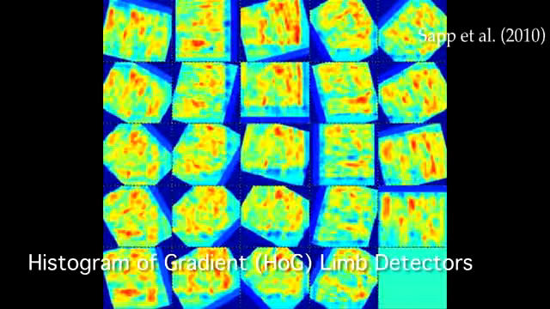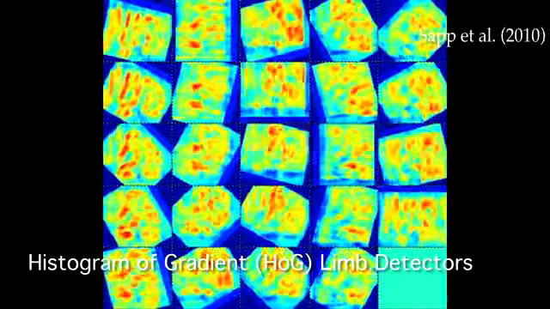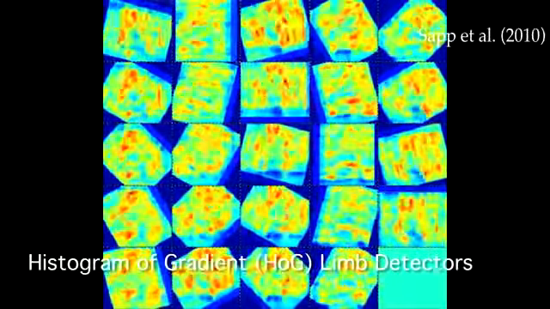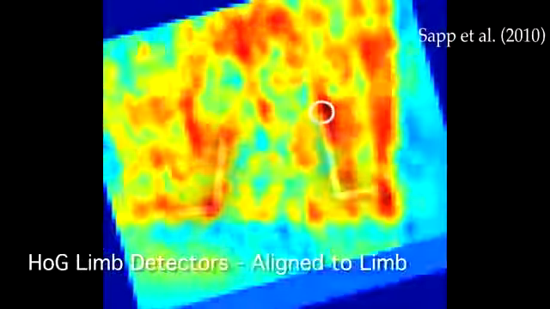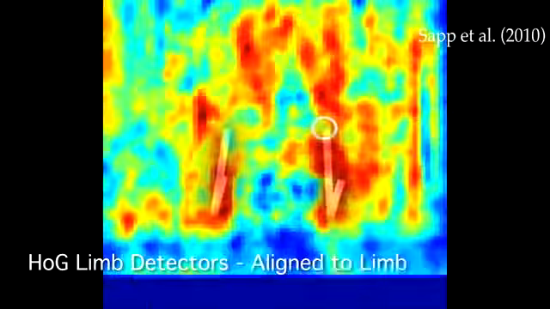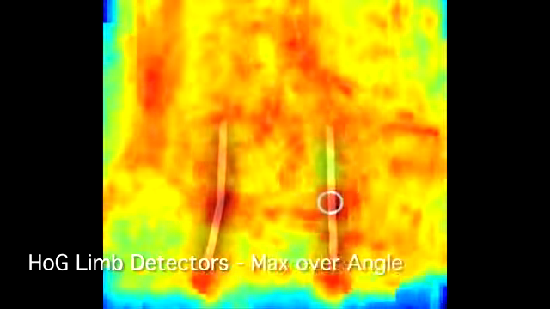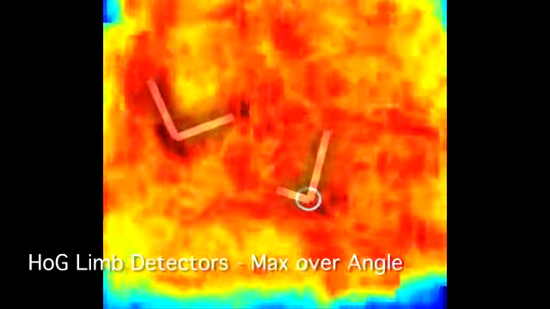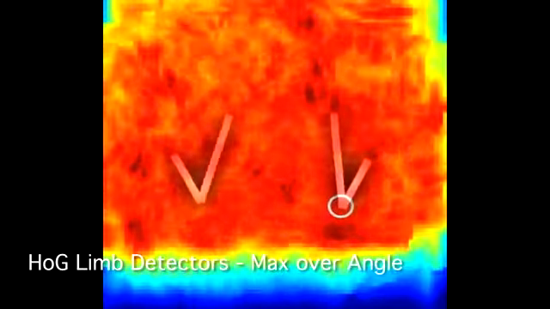These provide scores for 24 different angles at each location in the image. For any pairwise shoulder-elbow or elbow-wrist pair, we compute the score of the closest of the 24 discretized angles. We also use these as unary features by taking the maximum score over all angles at each position. Here, we see the relative weakness of the lower arm detector relative to the upper arm detector when we maximize